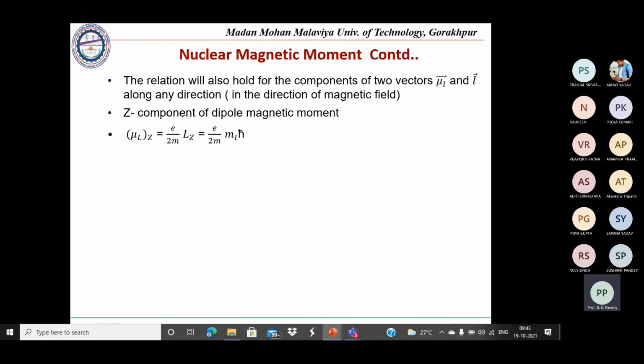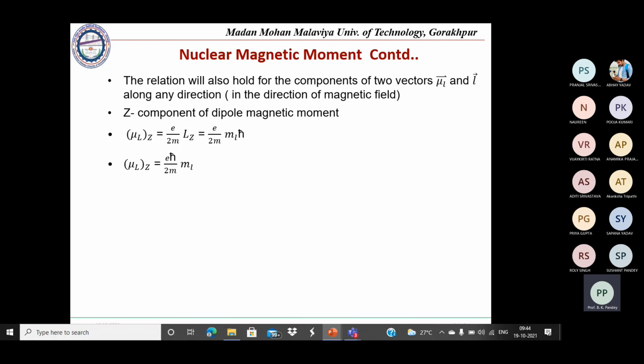So here, all the dealing we are doing is for the nucleus. That's why we are considering and we are saying it as the nuclear magnetic moment. But all the rules and all the parameters and all the theory will resemble exactly in the same manner as we did in the earlier case, what we discussed in case of atomic physics.